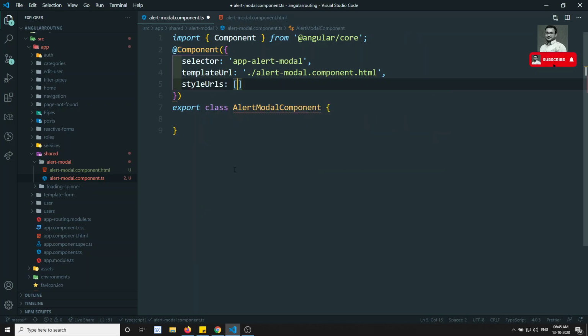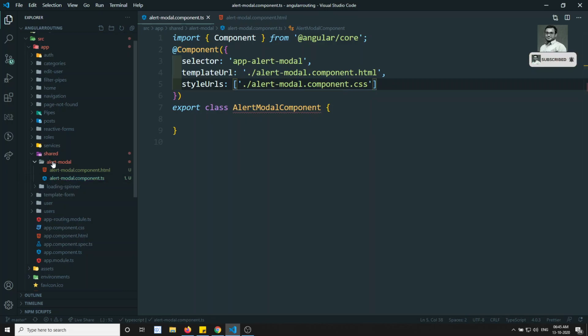Always try to create the component by writing it yourself instead of using the CLI, because you will get accustomed to it. So component.css. Let's try to create that CSS file also.